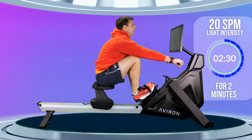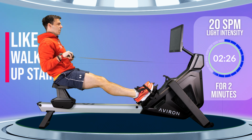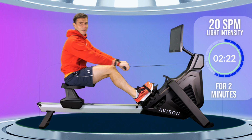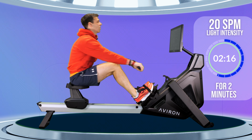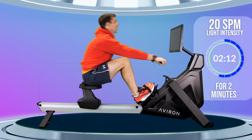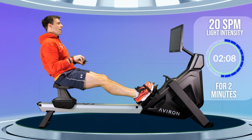I always say it's like if you were walking up a constant flight of stairs where you start to get out of breath, but you don't feel like you need a wee sit down after 10 steps, okay? So that's what you're looking for, and actually this is the pace we're going to be rowing our main session at today as well. So remember the pace that you're seeing in front of you right now, because in 2 strokes time,